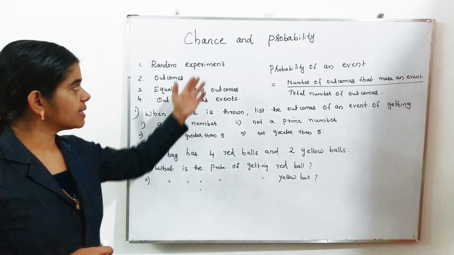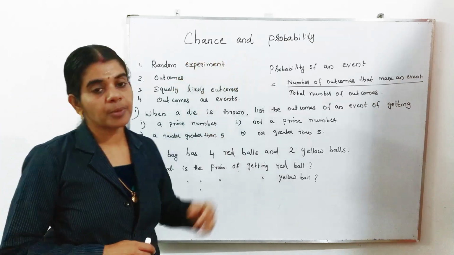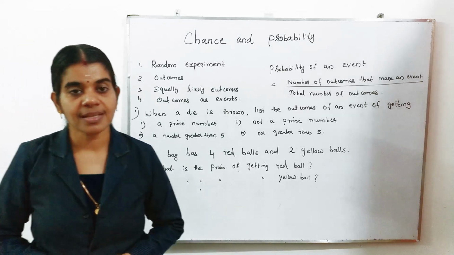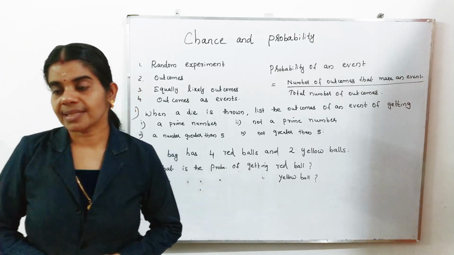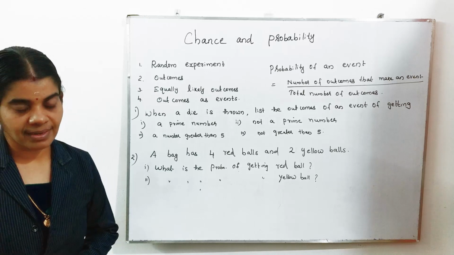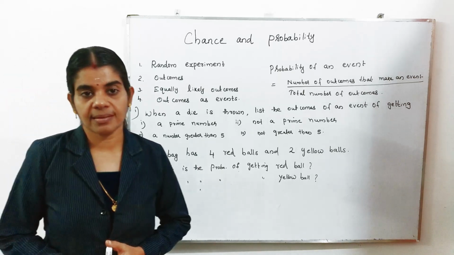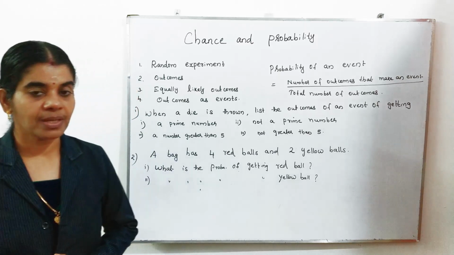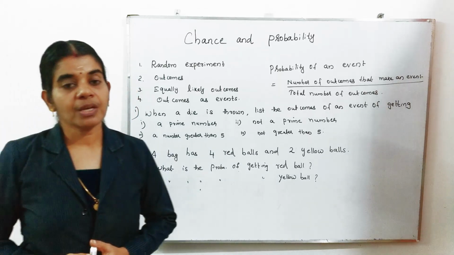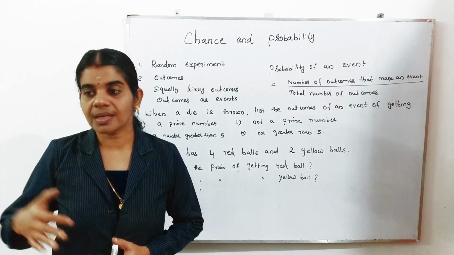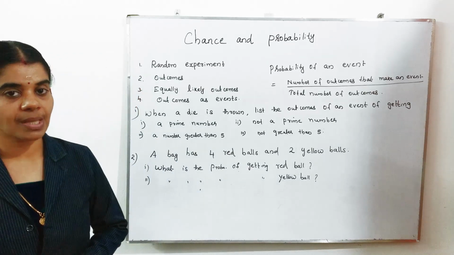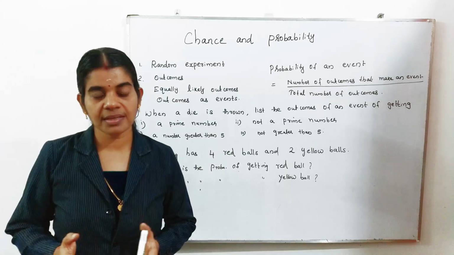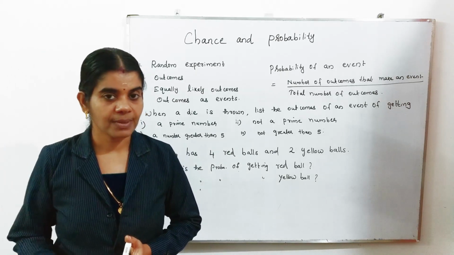Now we are looking at another topic, chance and probability. You know about what is meant by probability or chances. We already heard that it may rain. Chances, we are saying. It may rain or there is no chance of rain. Both are possible. And we are predicting before a match that team A will win the match. There is the chance only. We can't say correctly who will win.